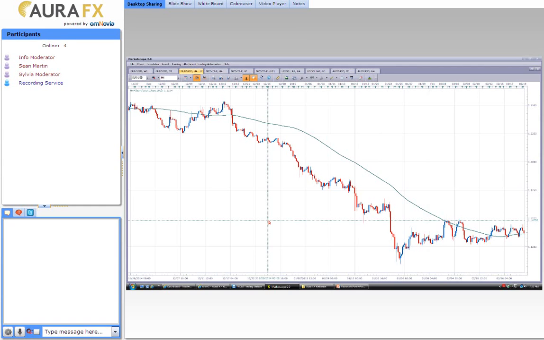Now again, if you're selling in here, it really doesn't matter a whole lot what you're using. Again, the simple ABC pattern that we talked about before, or we can put a technical indicator down here to help us time those entries. It really doesn't matter, but if you're selling in this kind of environment, you really are increasing your chance of success on the trade. I mean, that's just kind of common sense.